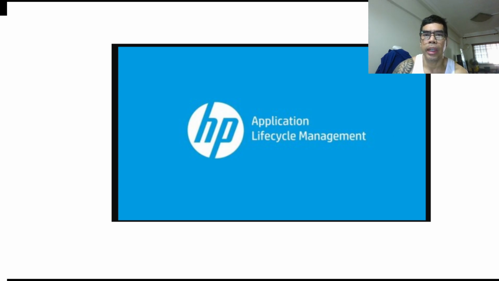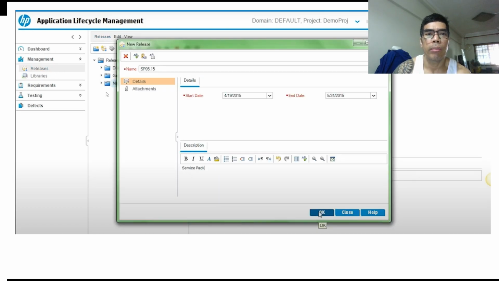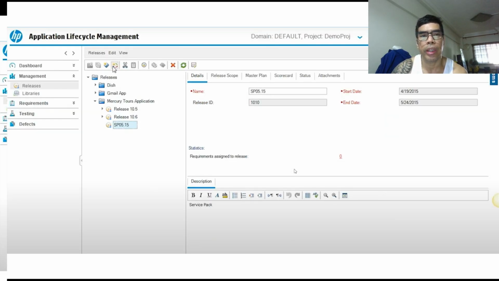ALM has the creation of releases under the Management tab. When you click Releases, select the releases, and a dialog will prompt for your release. You have the start date and then the end date. When you click OK, it will create the release here. You can add more releases.